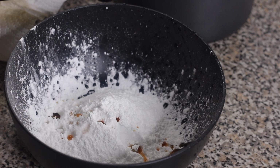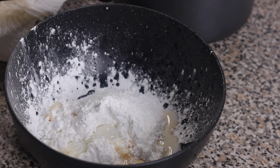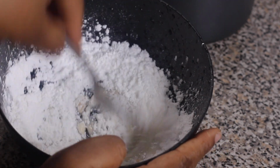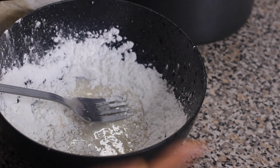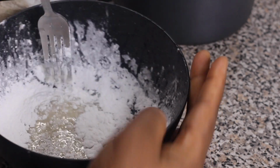Okay, so in my bowl I have some powdered confectioners sugar. I'm adding in a little bit of vanilla extract for flavor, and then you want to add some milk. I'm using whole milk, and you want to add it like a tablespoon at a time. Okay, and just use a fork to mix that together until it forms a nice, smooth, sort of runny